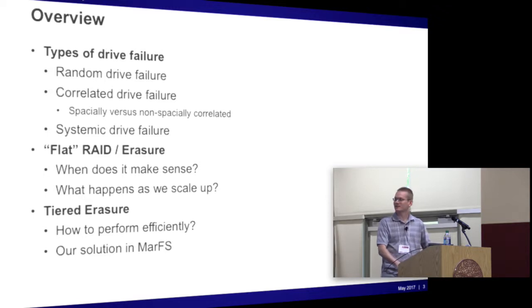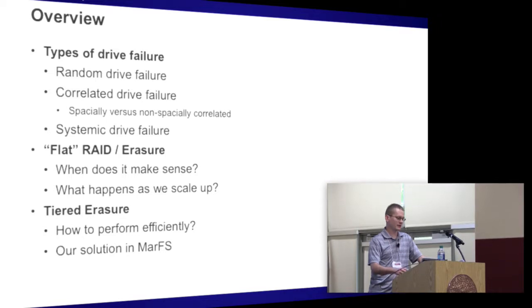I'm going to be talking about just the types of different drive failures that people typically see in practice, and I don't think that's going to be news to anyone. But I just wanted to put it down on paper and start a discussion about it. And for the reasons that we are moving away from flat erasure or RAID schemes, or parity schemes, because there are various things that can happen at scale that don't really matter on a small scale or medium-sized scale, but when you start pushing 10, 20, 30,000 drives, some of the basic math breaks down at that point.